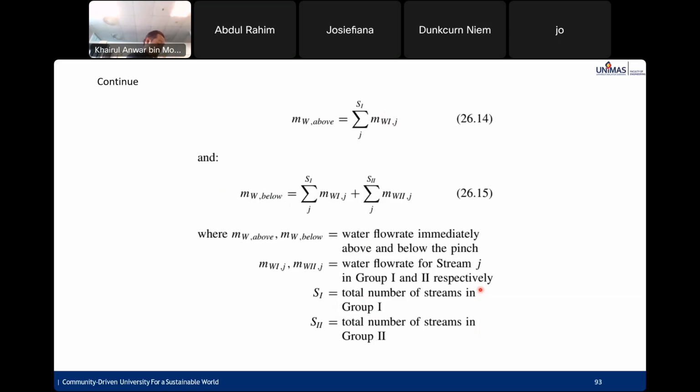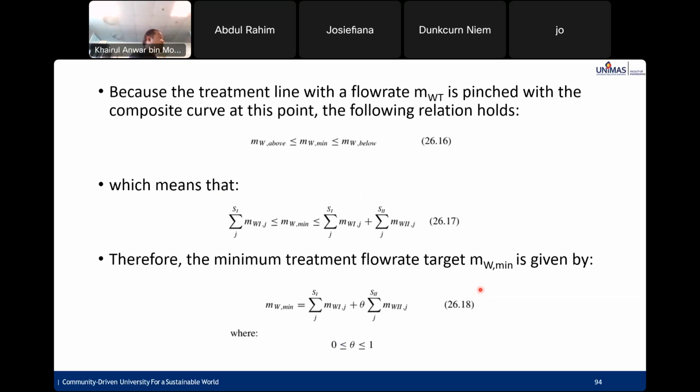Any stream is similar to pinch concentration, group 2. Because the treatment line with fluoride wastewater WT is pinched with the composite curve at this point. The following relation holds. So MW mean is less than MW above and more than MW below, which means that